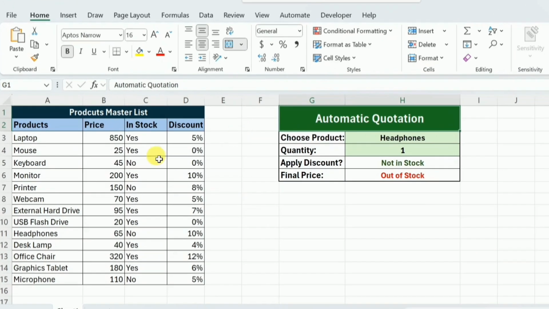So here you can see that on the left I have the product master list in which we have the products, their prices and their availability in the stock, and then we have the discount. And from this master list we will build this automatic quotation like this one, in which we can choose the